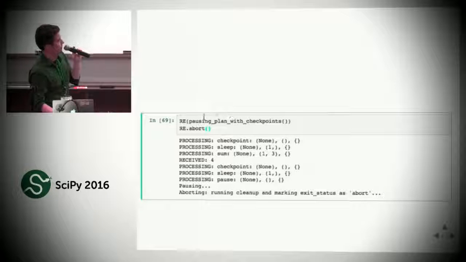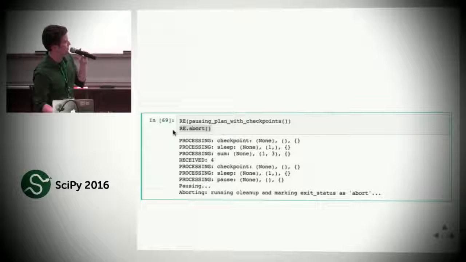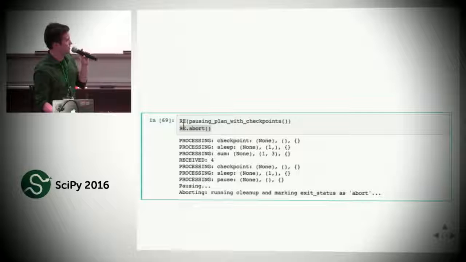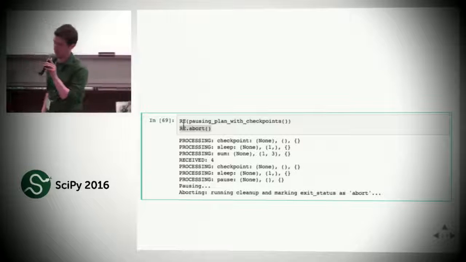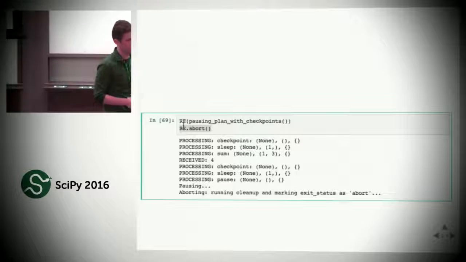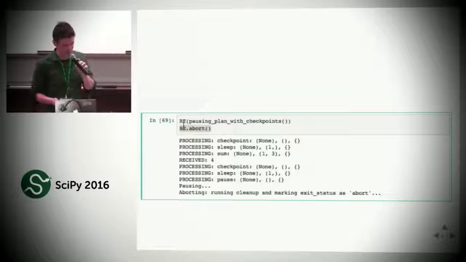So this is the other option. We ran our pausing plan, we paused, and we decided we're happy with what we have so far, or something went wrong and we just want to quit. We can abort. So I could give a half-hour talk on the internals of how this resuming and aborting is working, and I think I'm maybe breezing through it a little bit, but the takeaway here is that